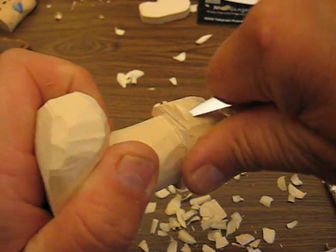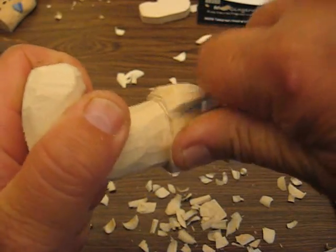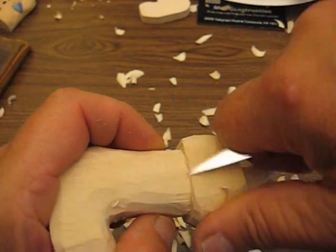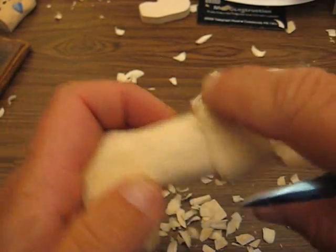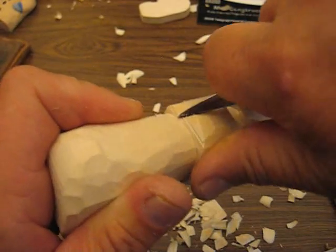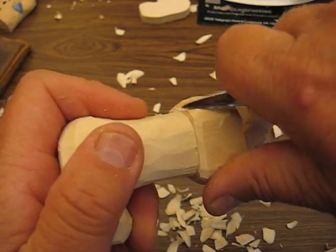Now some of you have a V tool. You can make fur in this if you like. I'm just going to leave it natural. That way, if I want to put somebody's name on it, I can do that for Christmas time. If you want to carve a name in there,